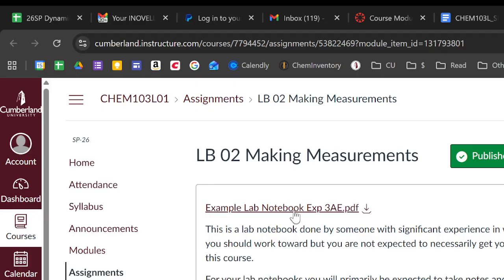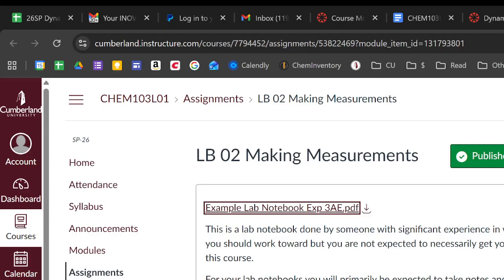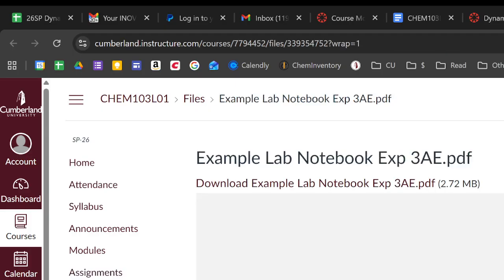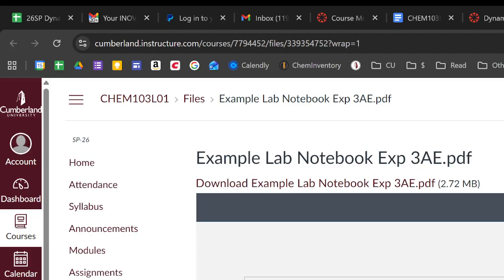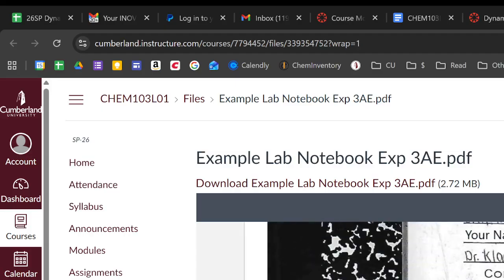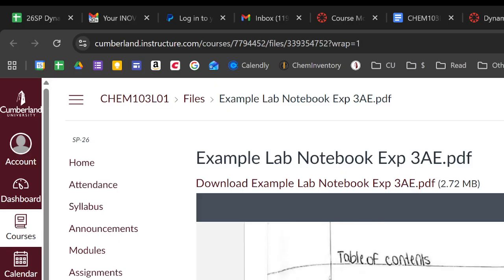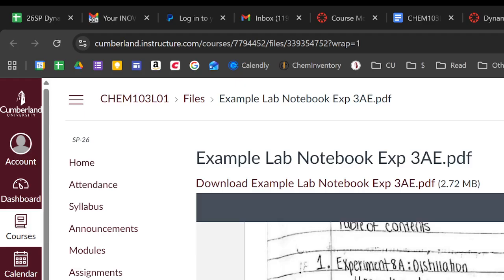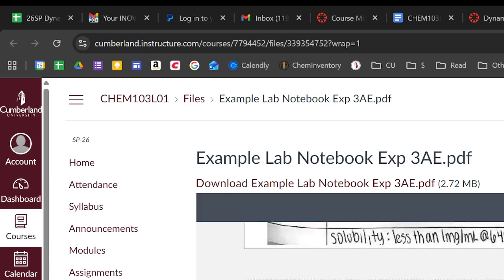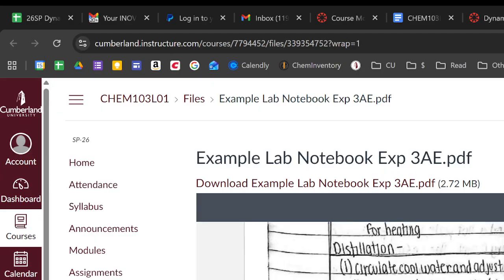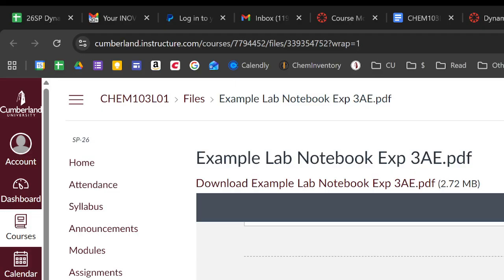It's a lab notebook. I do not expect you guys to have something to this level. Okay, this is an organic chemistry lab notebook. That's a 300 level course. Okay, and so it is very well done. If you want to make something on that level, you can use a composition notebook. That's fine. You could also use the lab notebooks that we sell in the bookstore. Okay, they're a little nicer, but the composition notebooks are like $1 a piece, so they're very cheap. Okay, and so it looks something like that if you want to do a very nice job. Okay, this again is a 300 level lab notebook, though. I do not expect that out of this course.